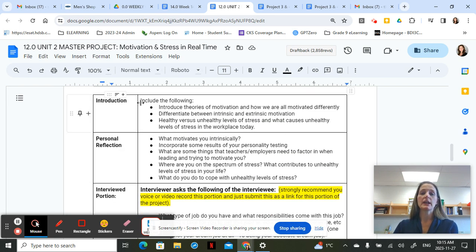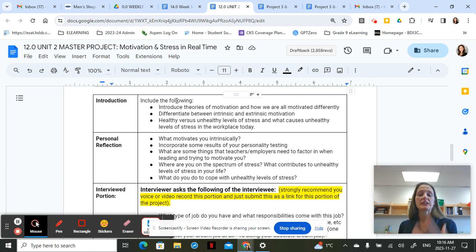So in the introduction, you are going to include different theories of motivation. Now, you don't have to go through all of them because we had many in this unit, but different ones that you embed throughout the document. So if you're really drawing on 3 or 4 theories of motivation that are connected and weaved throughout the document based on your own personal reflections, or what comes up in the interview with your interview candidate, then you probably want to talk about those in the introduction because it's a major part of the overall